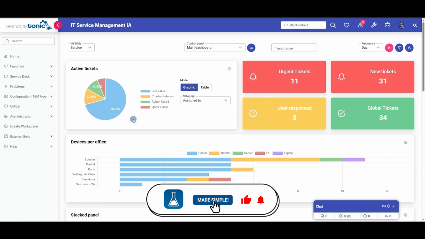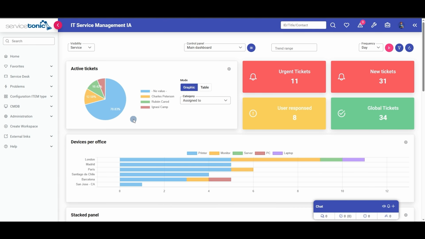In this video, we will explain the second part of the knowledge base. Now that we know how to manage libraries and topic trees, we will learn about a new feature. This feature allows us to add topics directly from our tickets based on their categorization using solution-type responses from our